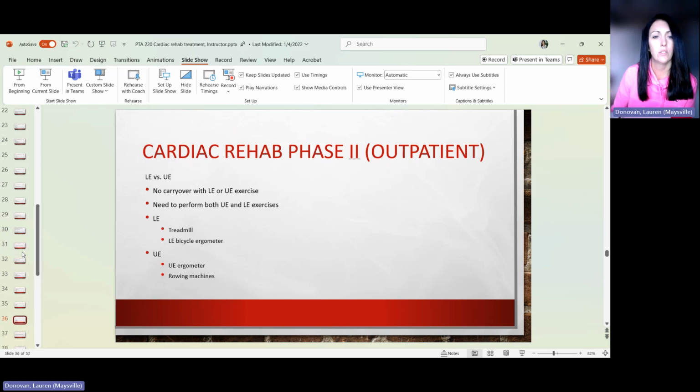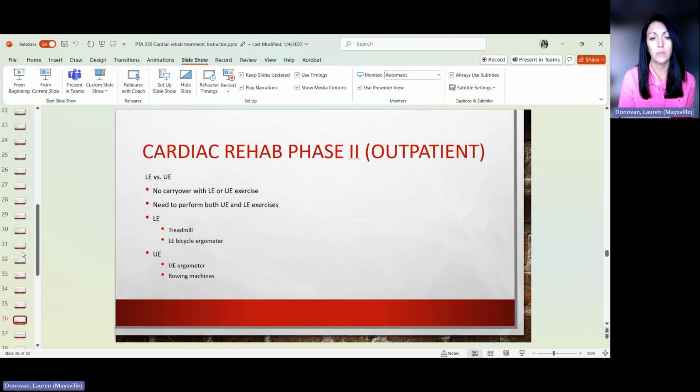There's no evidence to support that lower extremity or upper extremity exercise carries over from one to the other to improve overall performance. You need to perform both upper extremity and lower extremity exercise. So examples, all these are going to be endurance and aerobic activities: treadmill, a lower extremity bicycle, upper extremity could be a UBE, like an upper extremity bike, and rowing machines